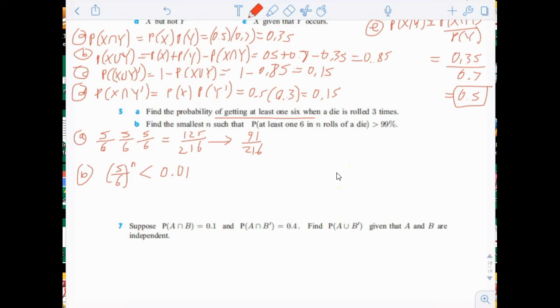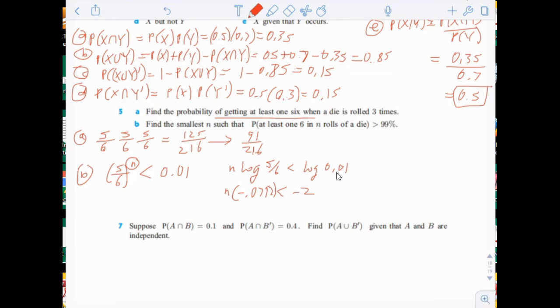One of the ways you could solve for n is to use logs, right? If we take the log of both sides, we get n log of 5/6 is less than log of 0.01. The log of 0.01 is -2. And for log of 5/6, let's check on the calculator. 5/6 is 0.8333. The log, base 10, of 0.8333 is -0.0792. So I'm going to have n times -0.0792